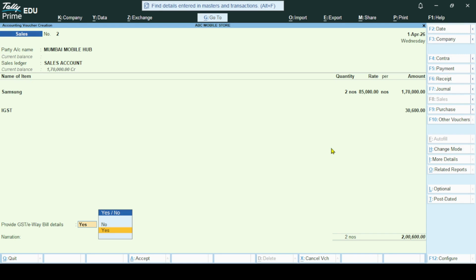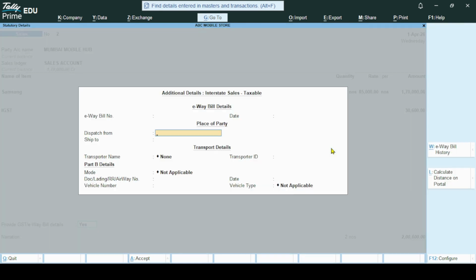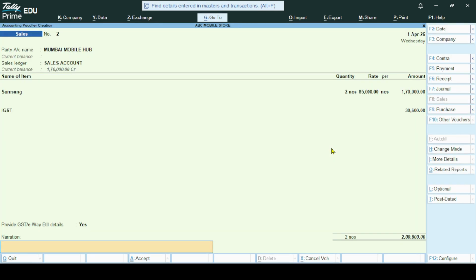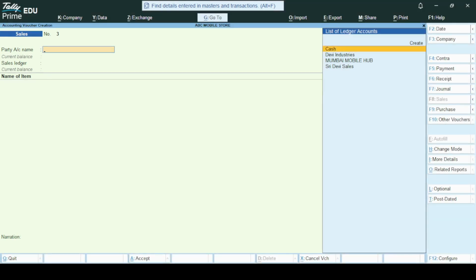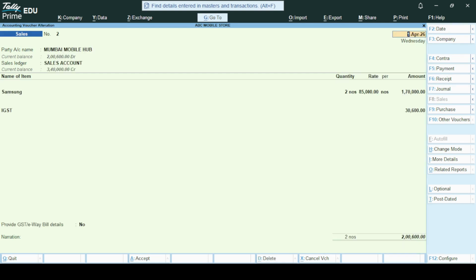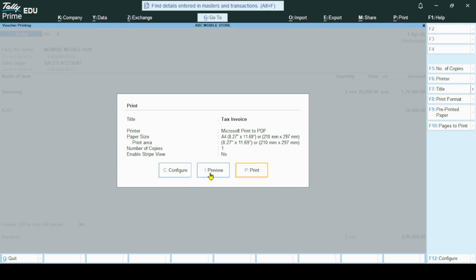Press enter. And if you have all these details, you can enter them. Press enter. Press enter and accept it by pressing enter. Now we have saved 2 sales invoices. Let us go back by pressing page up key. If you press page up key, you can see the previous invoice. Go to print, select preview,